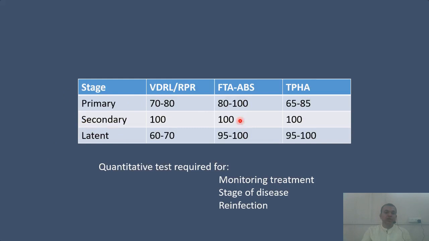So in that case, what has to be advised? What test? The standard tests like VDRL and RPR, or do we go for the more specific one? So this is the FTA-ABS, this is the microscopy. The microscopy sensitivity in the primary phase is up to 80 to 100%. Secondary is 100%, and even the latent phase 100%. So if the lesions are there, it will give more sensitivity and more positivity on the FTA-ABS, fluorescent treponemal antibody absorption